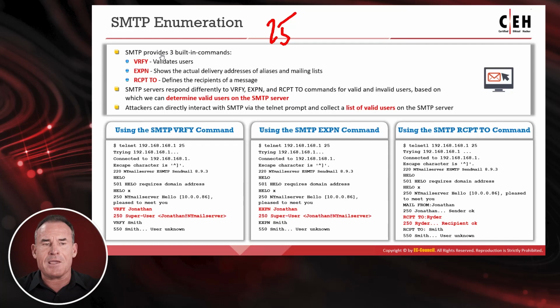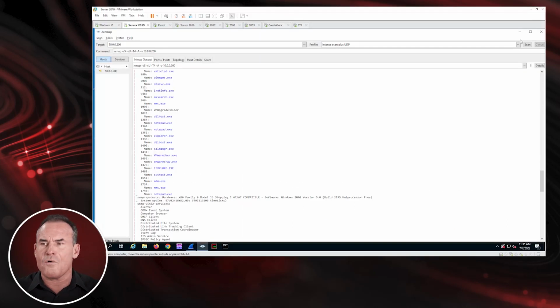But SMTP has 3 built-in commands that can assist in identifying user accounts on the SMTP server. VRFY validates users. EXPN shows the actual delivery addresses of aliases and mailing lists. And RCPT TO defines the recipients of a message. So any of these can be used to identify user accounts. The VRFY, EXPN, RCPT TOs are executed from a command line interface, which can be done with Telnet or a script. So just to show you one more Nmap script,